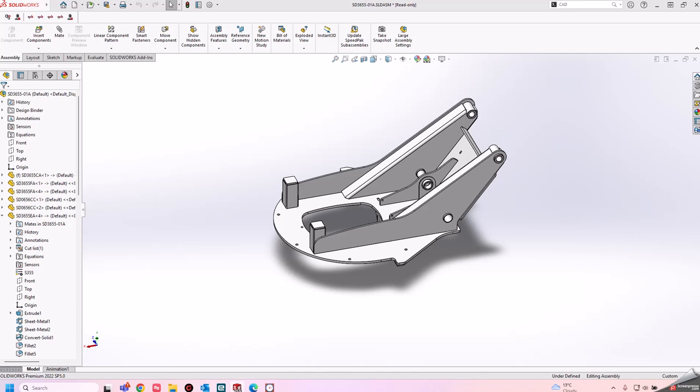Hi folks, this is a video just showing you how to use the cadlink system. So on screen here I've got a particular model, it doesn't matter what it is,